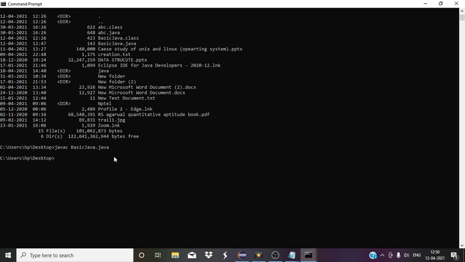Since there is no error, it is fine. BasicJava.java has now been compiled. Now in order to interpret, only then do we get the desired output. To interpret, we only write java, whereas to compile it, we have to write javac. Here we simply write java BasicJava. Now run it. See, Hello World has been printed.